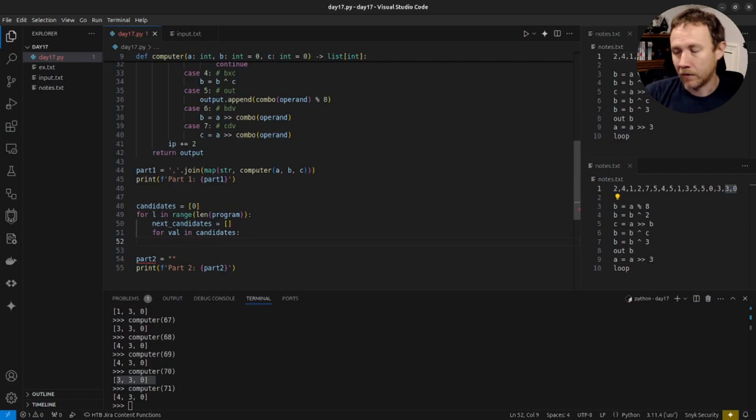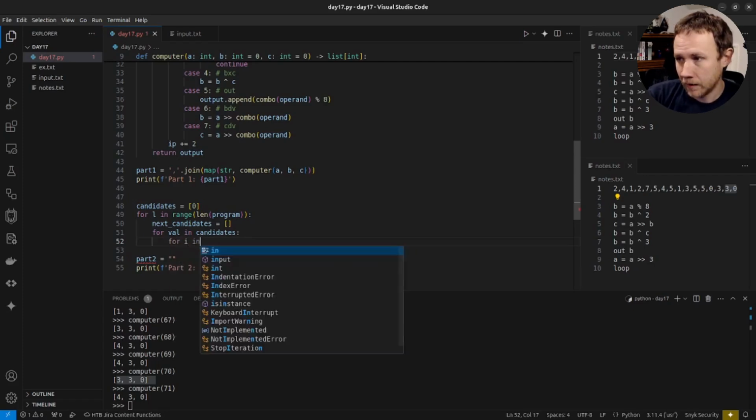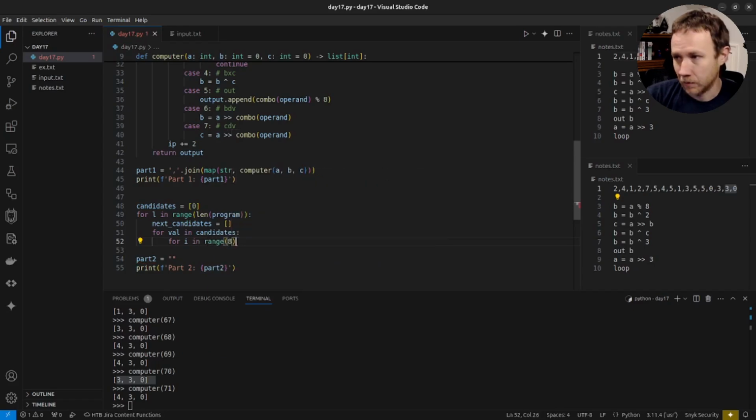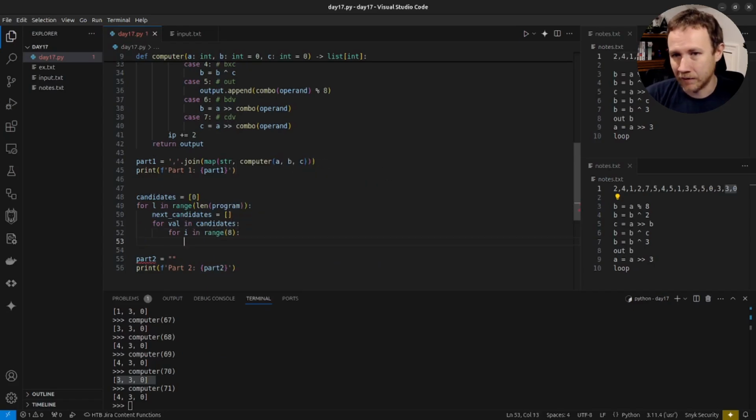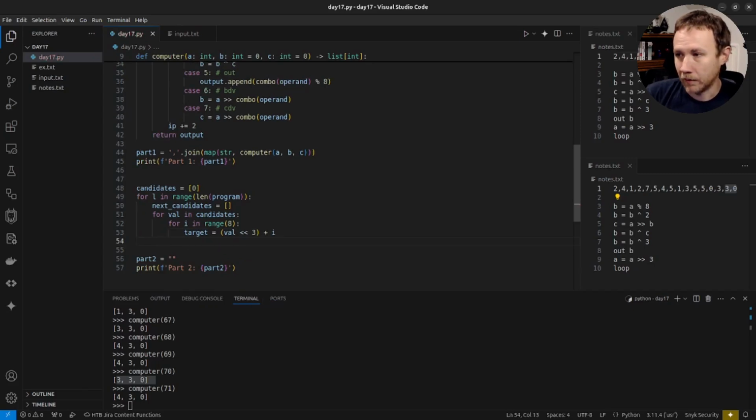So for each val, each possibility at this point, we're going to say for I in range 8, we'll get the possible next values. Target equals val upshifted by 3 plus I. So we'll try each of these 8 values, and we can say if computer target equals program,